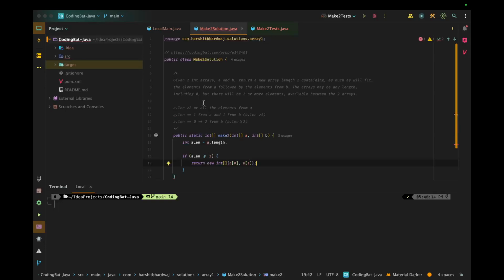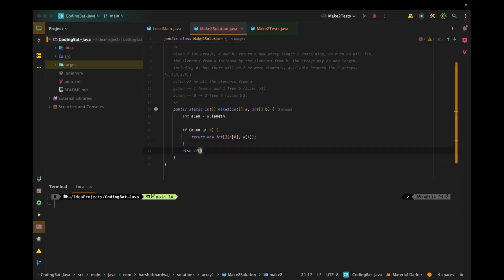So it doesn't matter if A is something like 1 2, or even if it contains more elements, the main thing is we were able to fetch the first two elements, and that was what was required.